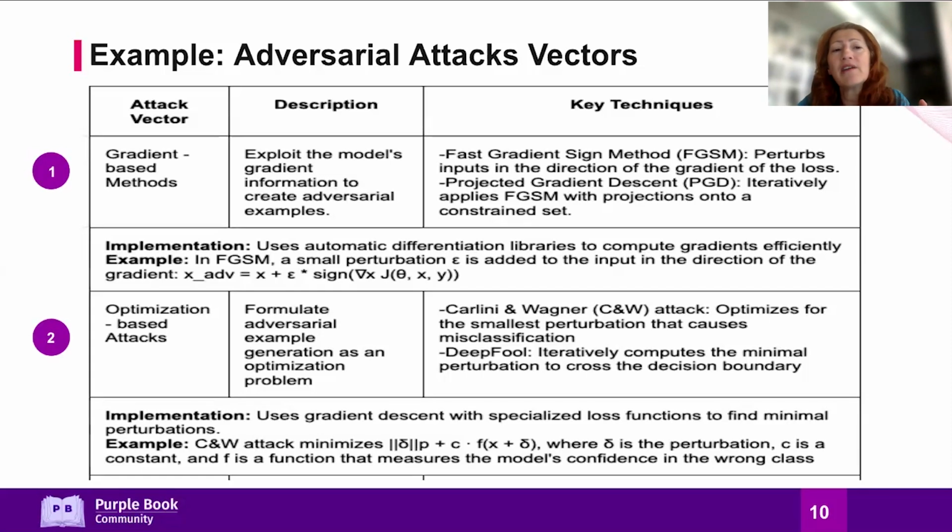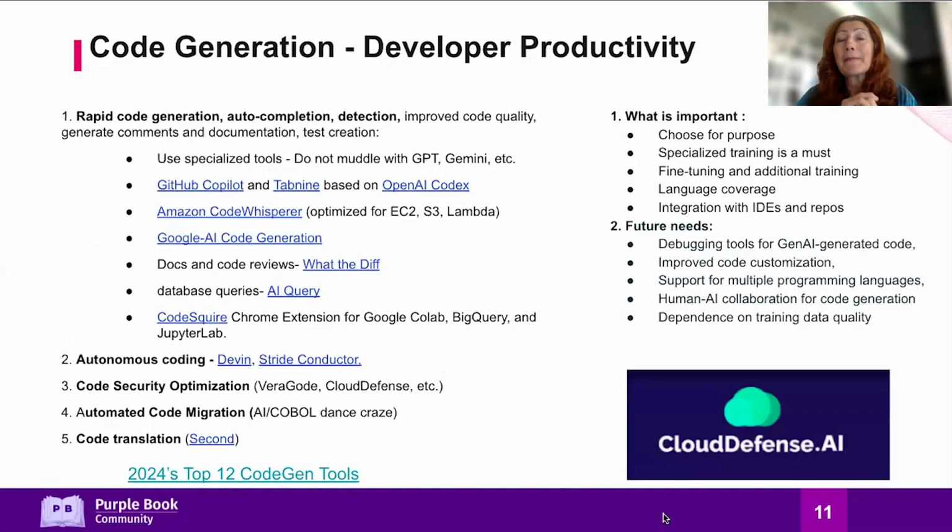There are two of the attack vectors that I listed, and then how they're formulated, key techniques, implementations, and some examples of what we suggested that we need to be ready for. So it's just for illustrative purposes, just two of those. I can promise you in my book, I have a whole big table on that, but this is an example for the moment. So the next big topic is around technical guardrails.